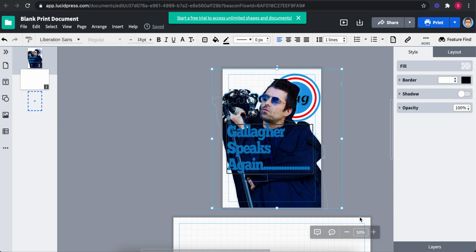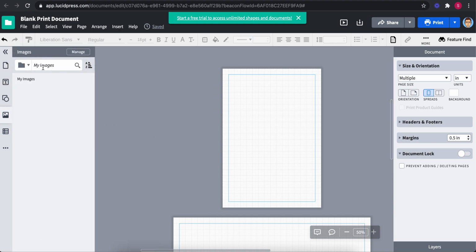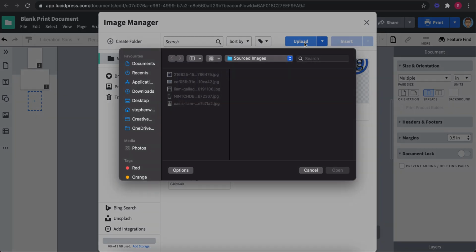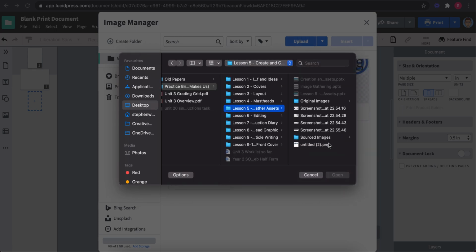Now, I mentioned last lesson and earlier this week that you may decide that you prefer to actually use Pixlr to do your front cover because it involves much more manipulation and editing, and it's a bit more using of images and messing about with text. So it might work in a better way for that. Now, with that in mind, you would have seen already that I had already created something in Pixlr, a horrendous looking front cover that was absolutely awful. But I'm just going to pop that into